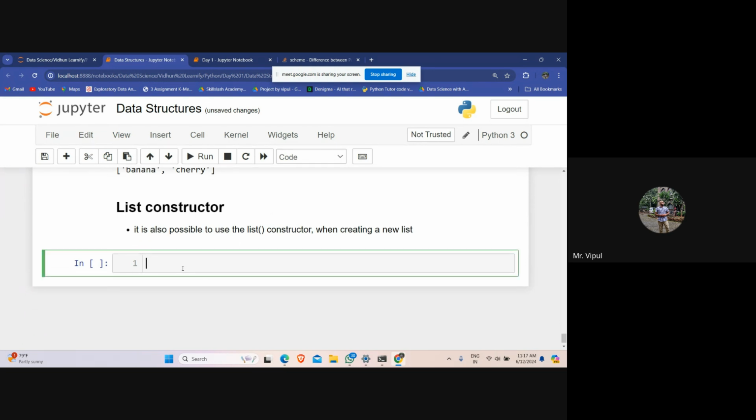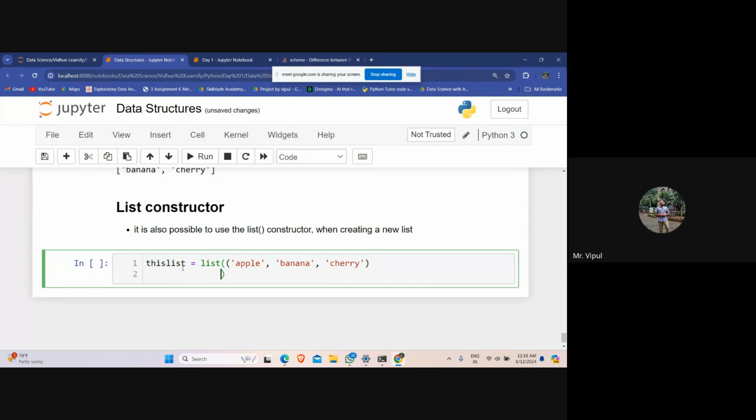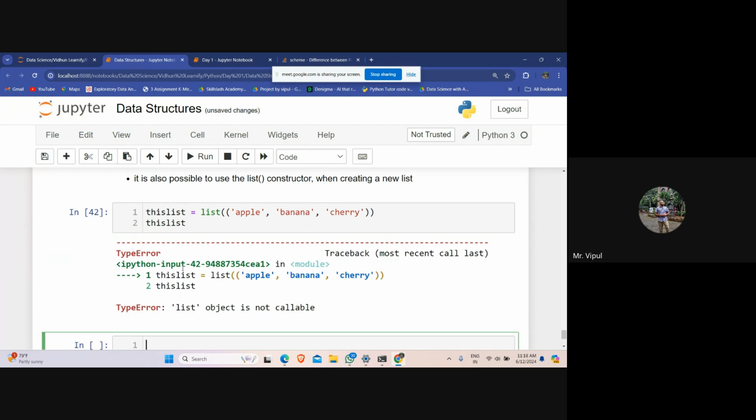If you write list equals list, you open a round bracket and write a few elements in it: banana, cherry. Now if I print what is there in the list, I'll be getting this answer.